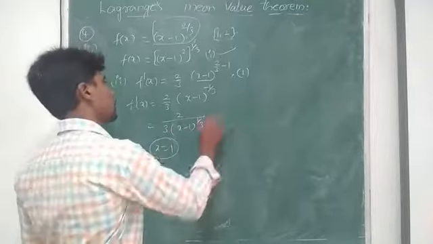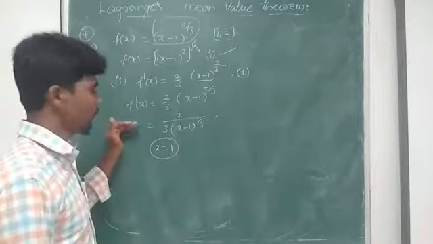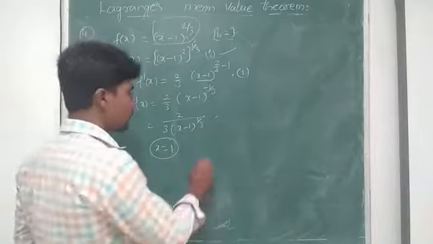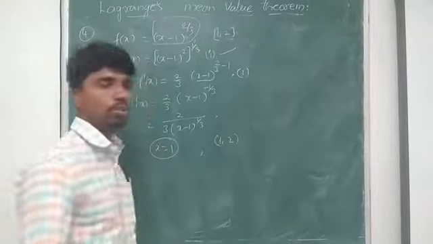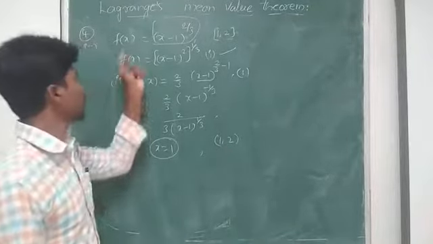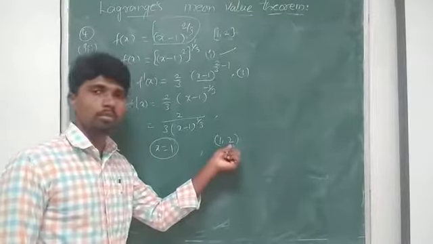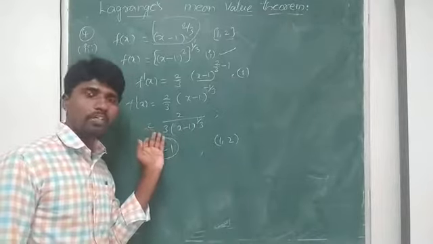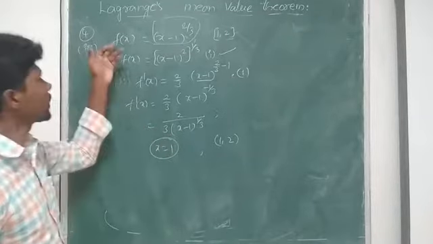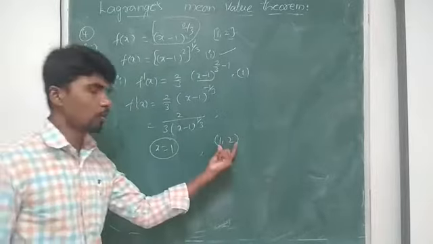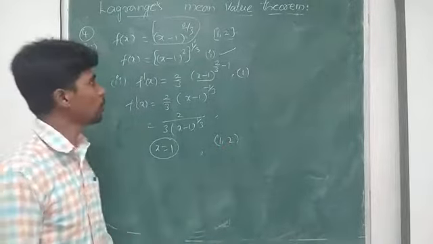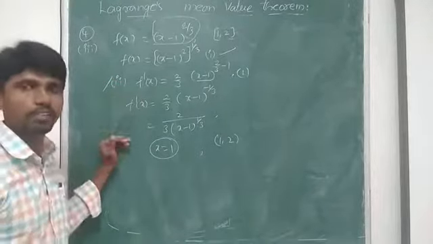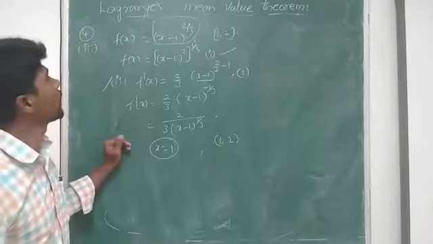But you see, the function f dash of x is defined for 1 to 2, 1 open and 2 closed. The derivative of the given function is defined for 1 comma 2. So in this particular case, I am not considering 1. So 1 is not in its domain of differentiability. Therefore, we can say the function is differentiable in the open interval 1 comma 2. So the function satisfies the second condition also. If it satisfies first and second, we can say the function satisfies Lagrange's theorem.